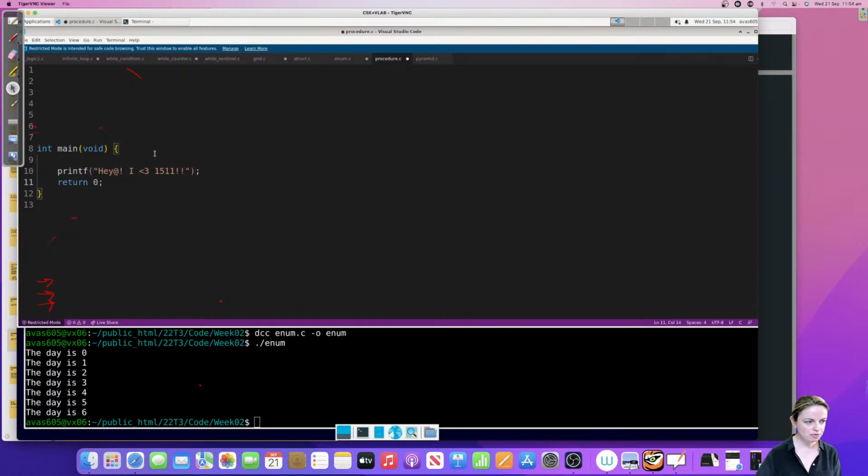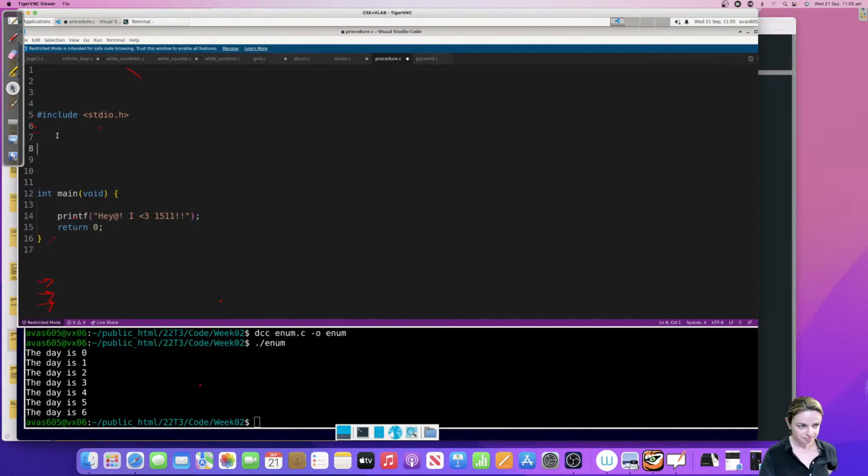Let's say I want to move this printf statement out because it's a procedure. It really doesn't return anything. So what I would do is I would declare a procedure here. Okay, so first of all, I'm going to include my stdio. But then if you remember, the int here is what tells me that something is being returned, and that's when I'm returning 0. So a procedure doesn't use the keyword return.